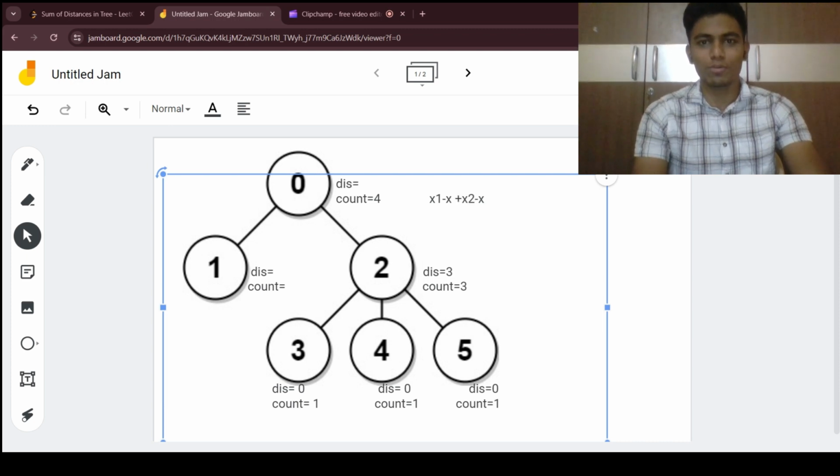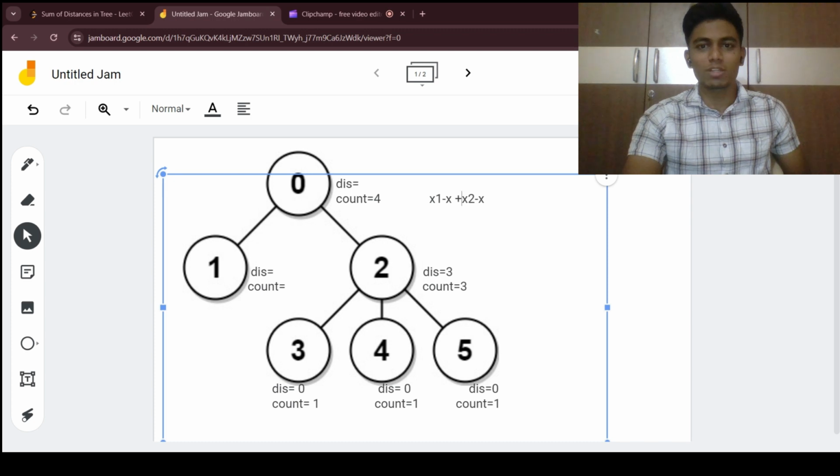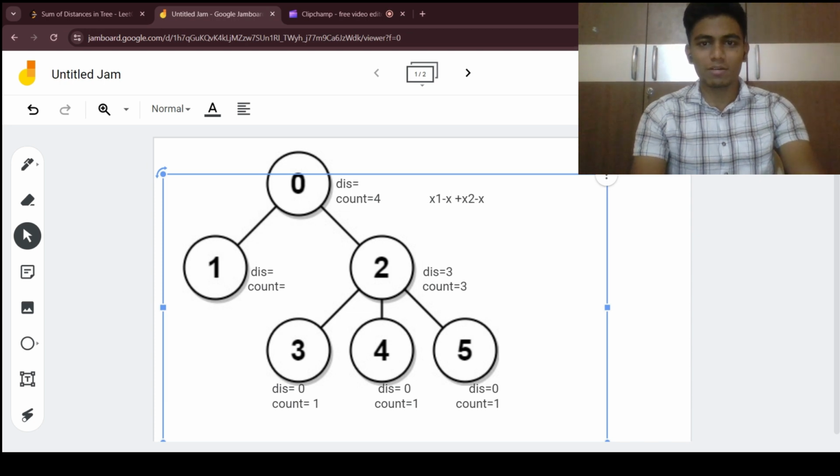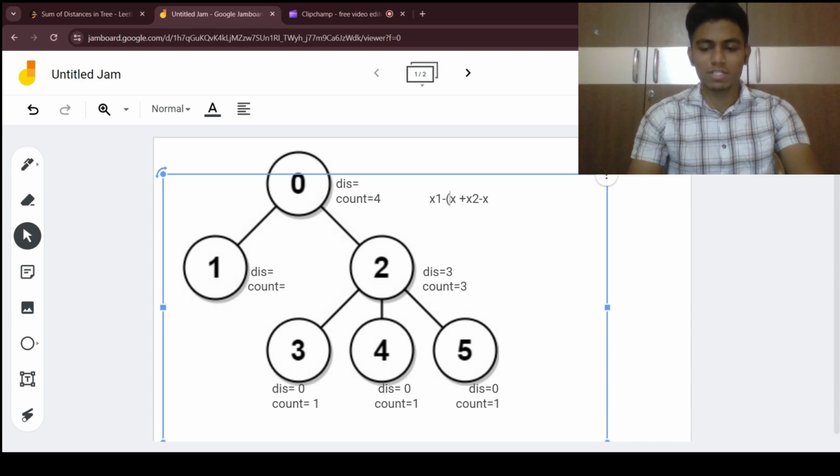Now when we are doing this, let us shift this x with one more distance, which is going to be plus 1,